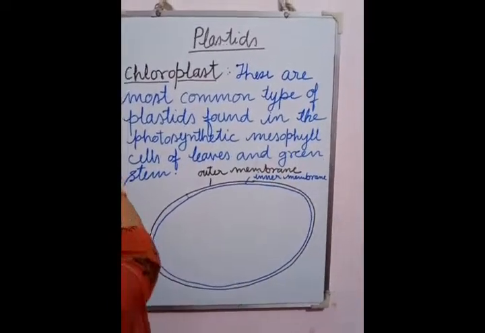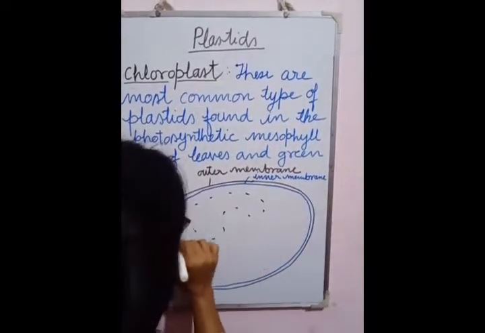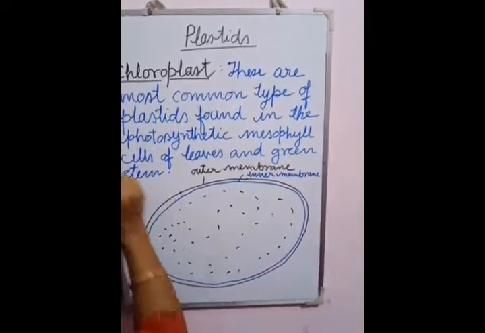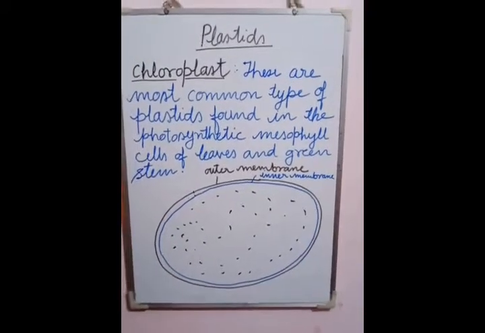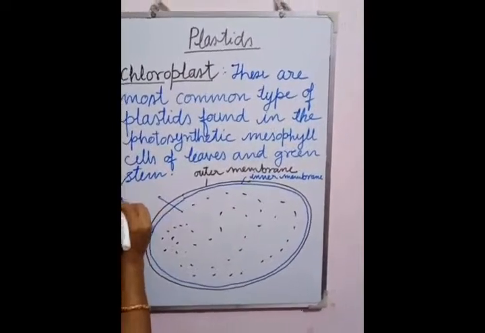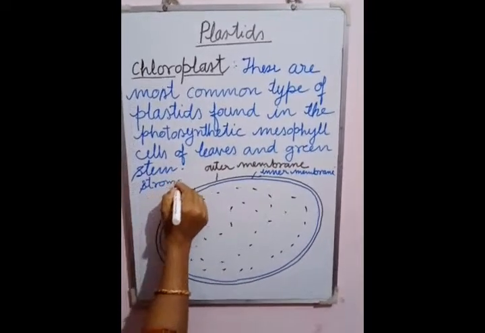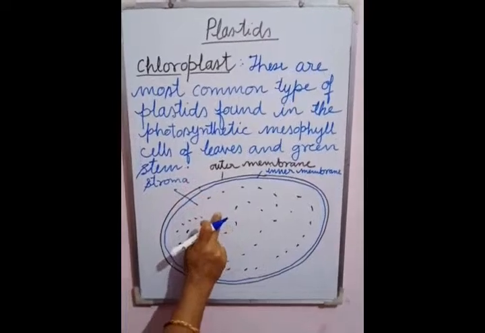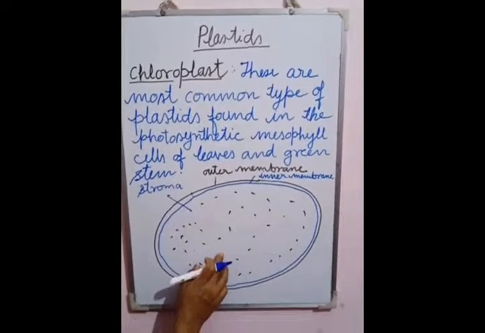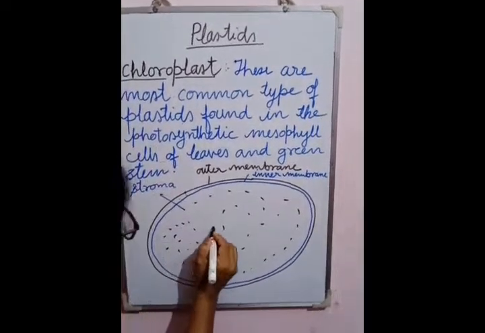Inside the inner membrane, a dense and granular structure is present. This is the stroma. The stroma is the dense granular structure present inside the inner membrane, and it is formed of soluble protein, 70S ribosomes